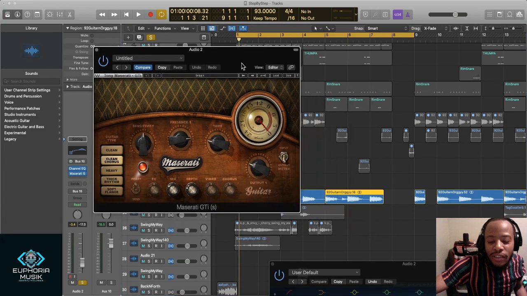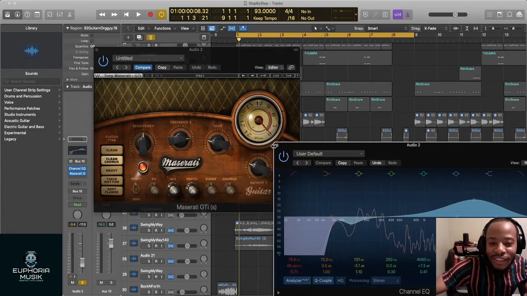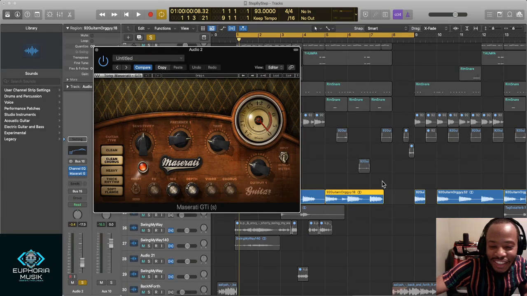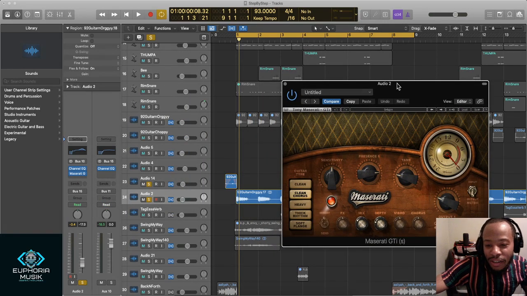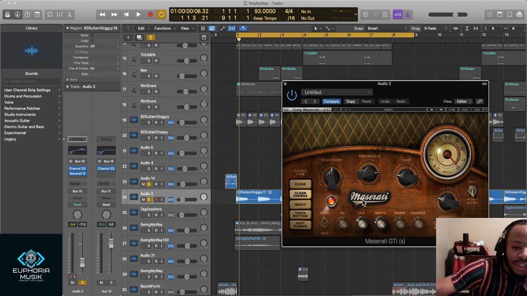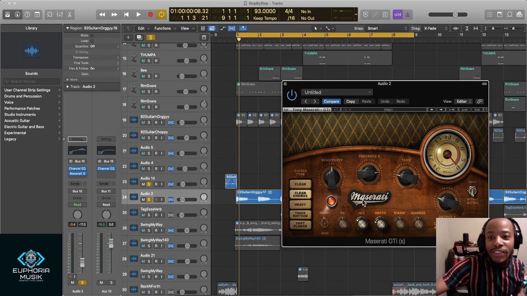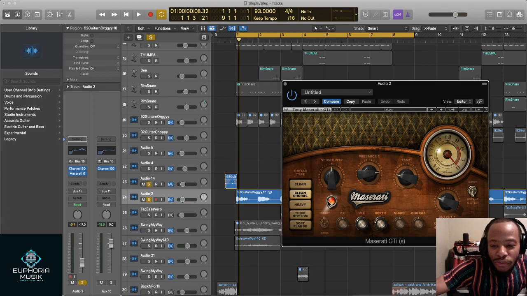All right, then I also added this. This is an old plugin. I've known about this since Full Sail days back in like 2010. But the Maserati guitar plugin, it's just a very quick, easy to use plugin. Maserati, I forget his first name, but he's a really good engineer.